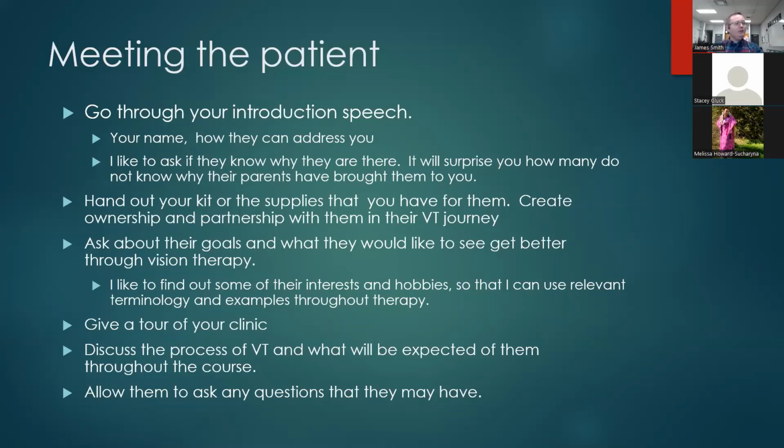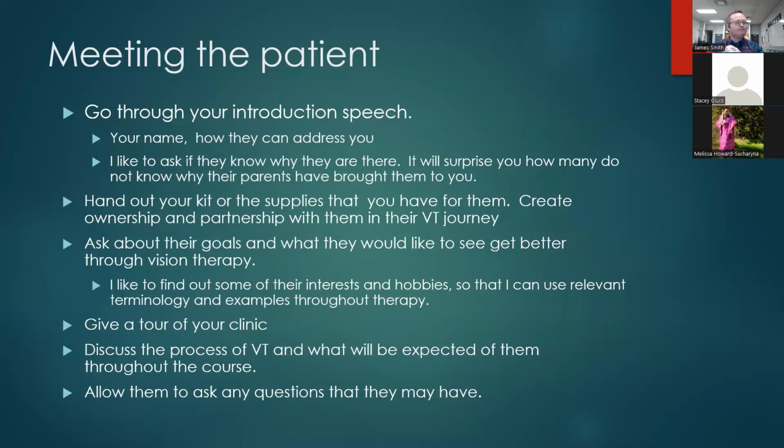Handing out your kit, your supplies, creates ownership. Whenever I give them therapy supplies and I give them that backpack that has all their kit in it, I really let them know, Johnny, this is yours, and have them take ownership of it. Because when they take ownership of some of the equipment, they also start taking ownership of the entire therapy practice. I'll even tell them, hey, I'm giving you this. It's your job to bring it back with you at each therapy session. I don't want to hear that mom didn't bring it or dad didn't bring it. Johnny, this is your therapy, so you're responsible for bringing your stuff. And so it helps to create that